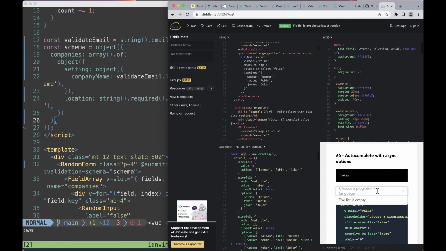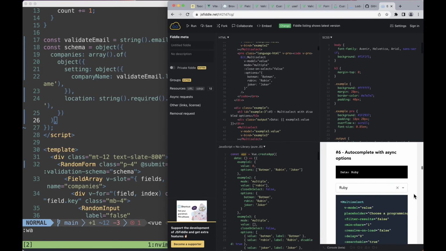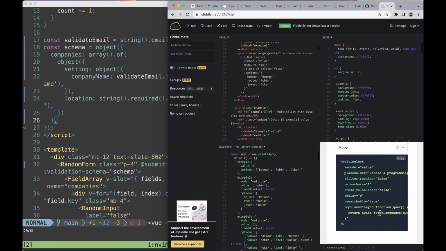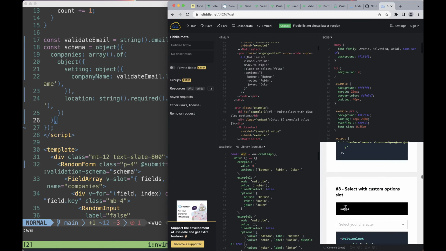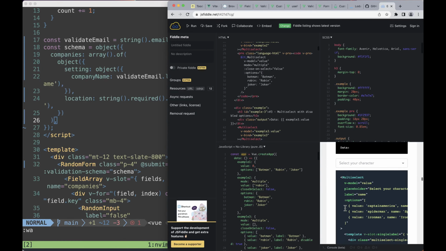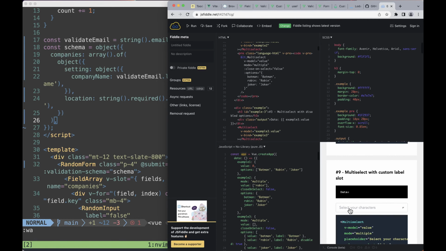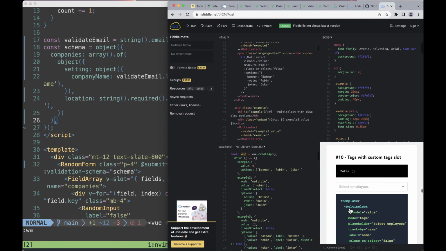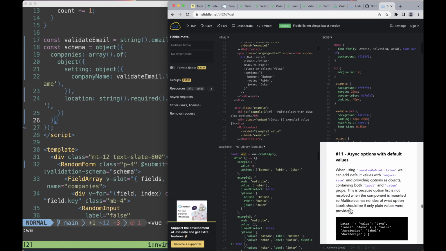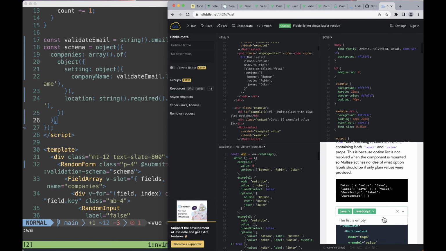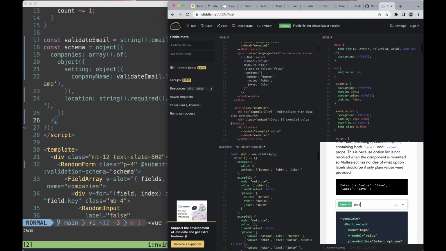You could have autocomplete, with Ruby coming in through an async await function in options. And so on and so on. So you can make it autocomplete by searching for things that aren't even async, for example. So if I was to type in Java here,